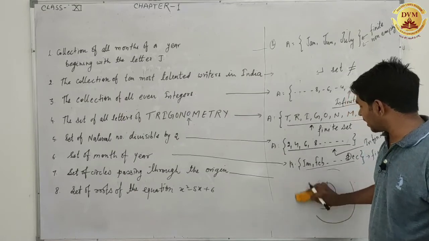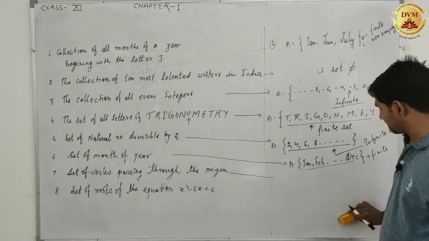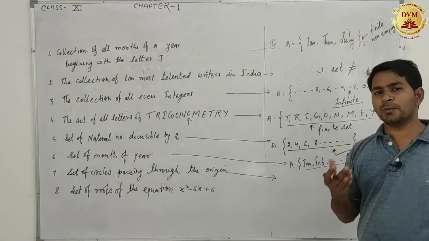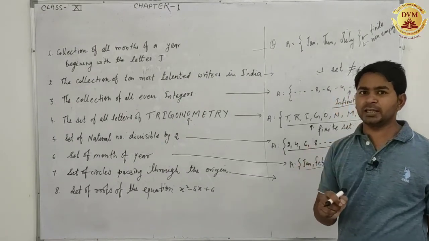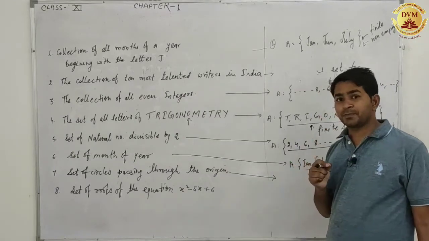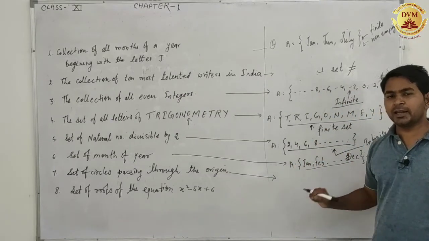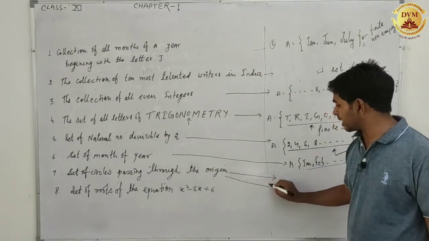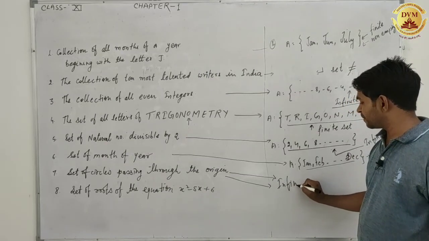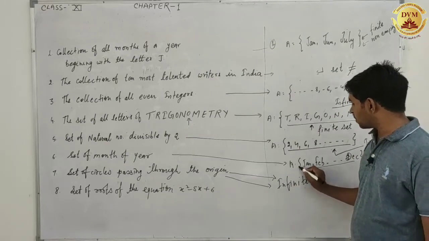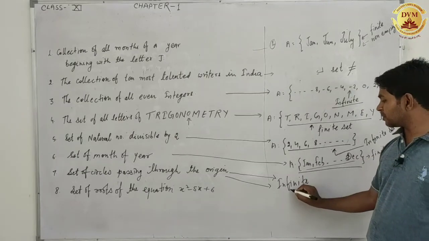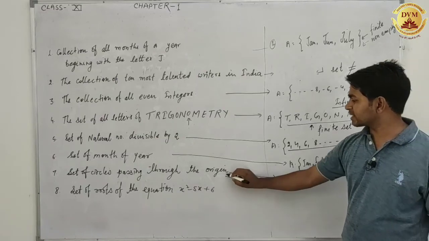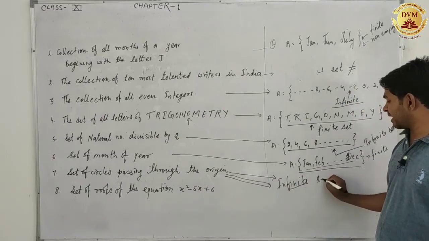It means there are an infinite number of circles which pass through the origin. We cannot define how many circles there are, but we are sure that an infinite number of circles can pass through the origin. So this set comes in the infinite sets. We cannot draw this set because we don't have a particular name for each circle, but we can say that this example is a type of infinite set.